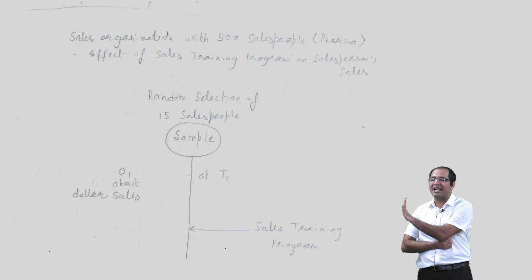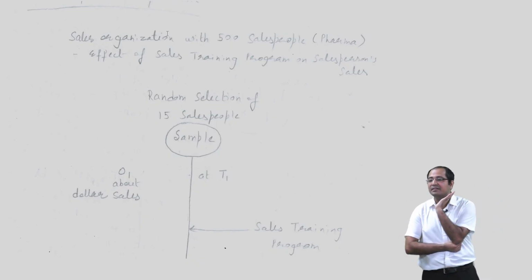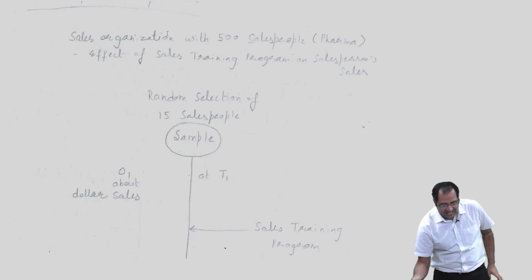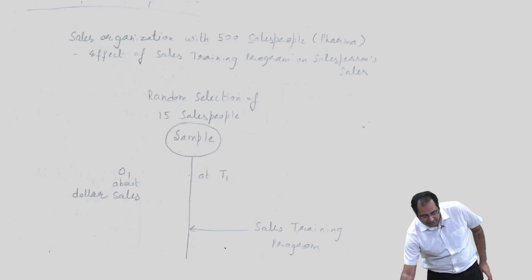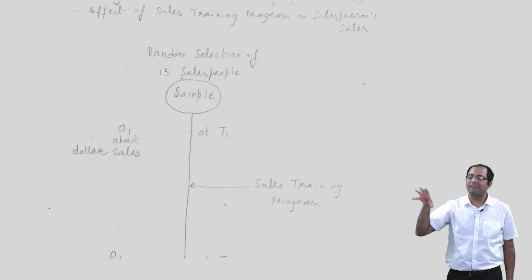So X and Y are very clearly given, that we want to know whether X would result in increase in Y. Now they want to conduct an experiment. So what they did was they selected a random sample of 15 salespeople. So they randomly selected 15 salespeople out of 500